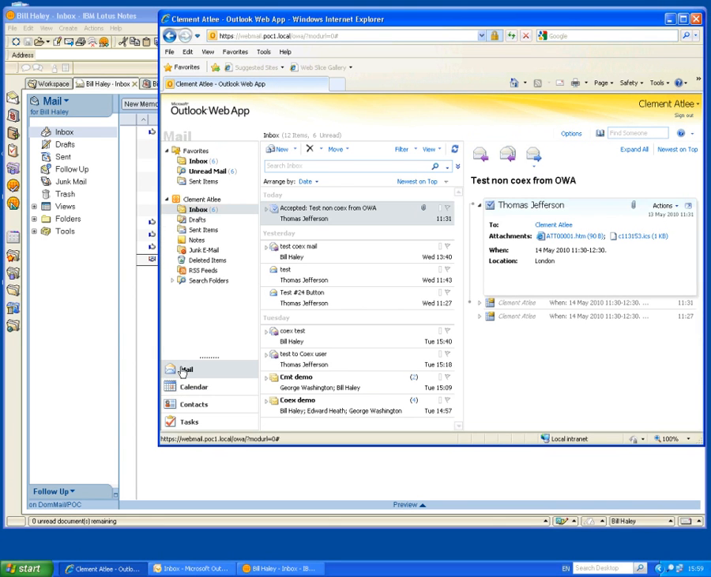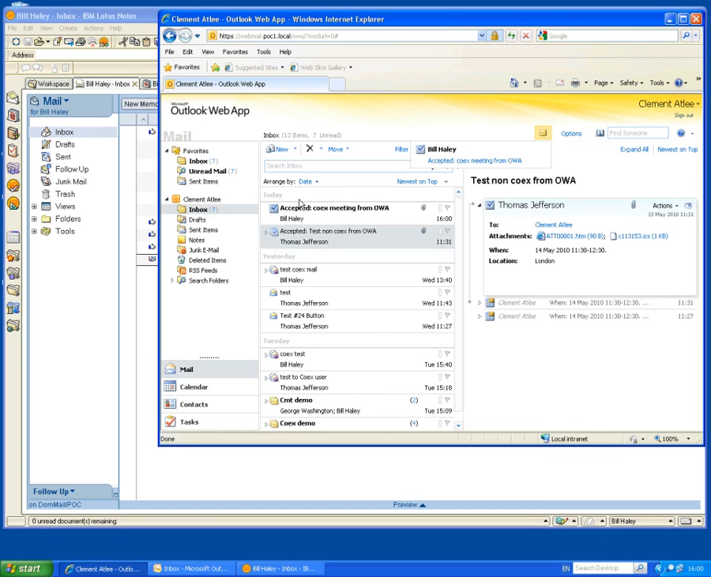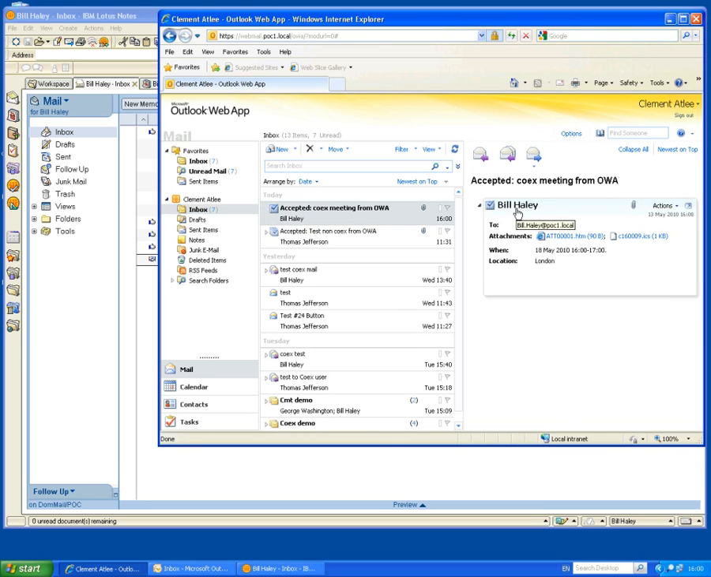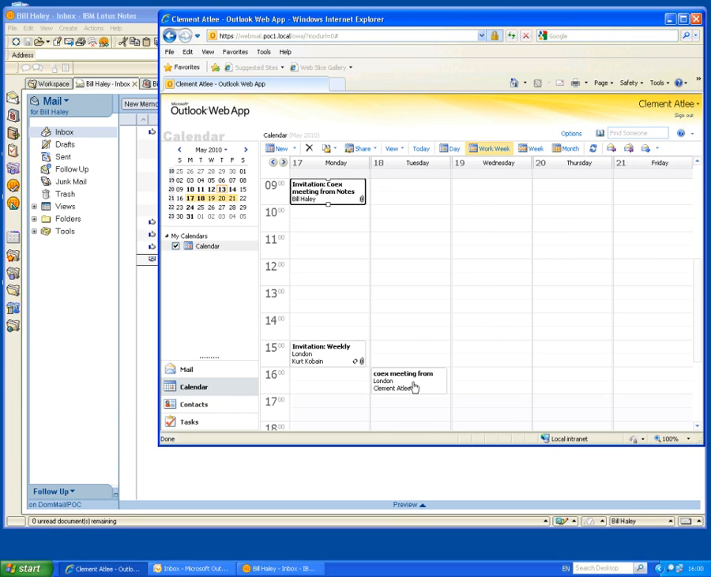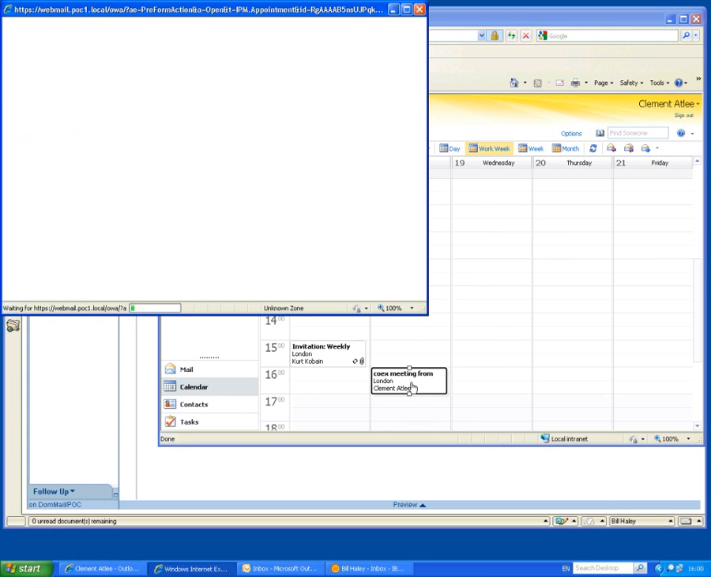checking my inbox here. Just wait for the message to appear. Accepted. Open it up and we can see again nicely formatted names for each. And if I go to the calendar and check on the calendar itself, this is the one here, Tuesday at 4,